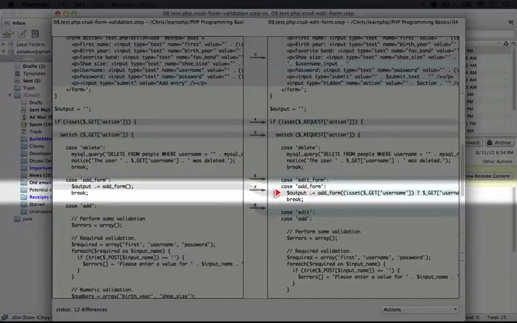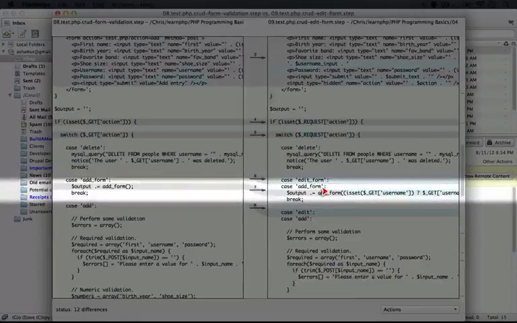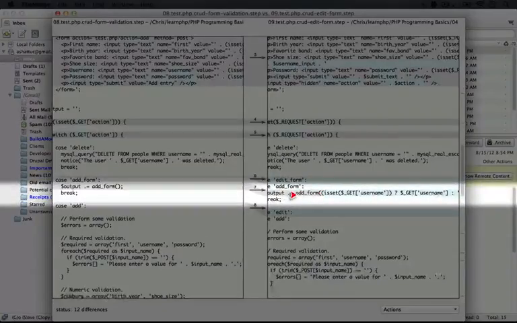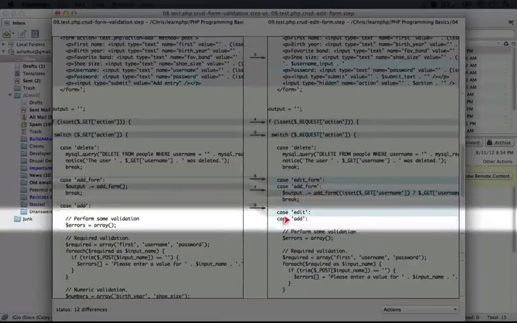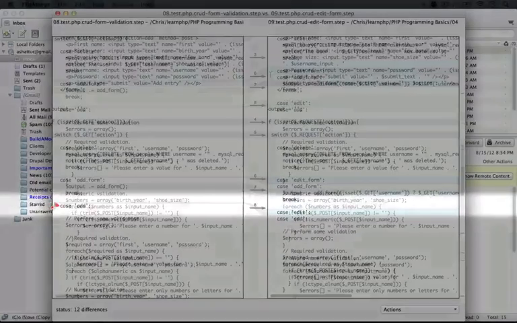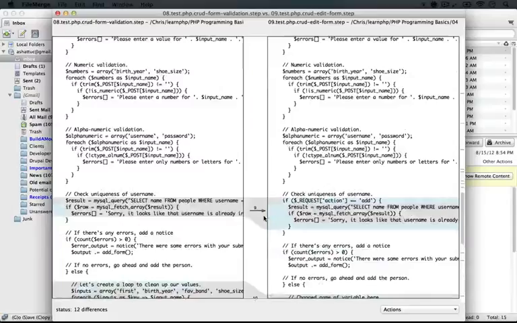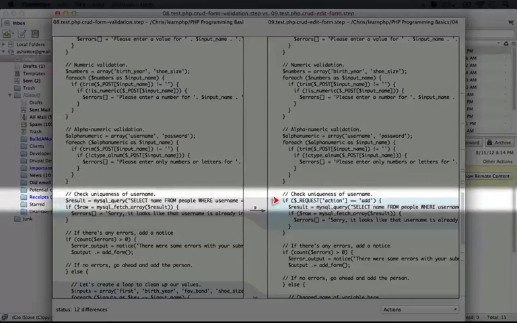The output is a little bit different here because we're using the add form function, just like we did in our previous example, but we need to check to see whether we have a username to give to add form if we're going to use an edit form. So that's what we do there. And then we have the same sort of double case for edit and add. Notice over here we just have case add. And if we scroll down, you see that the bulk of the code here stays the same with the validation requests. We're doing something a little bit different here with the case of checking the uniqueness of the username, because in the case of an edit form, the user isn't going to submit a username to validate. So we only run this validation if the action equals add.